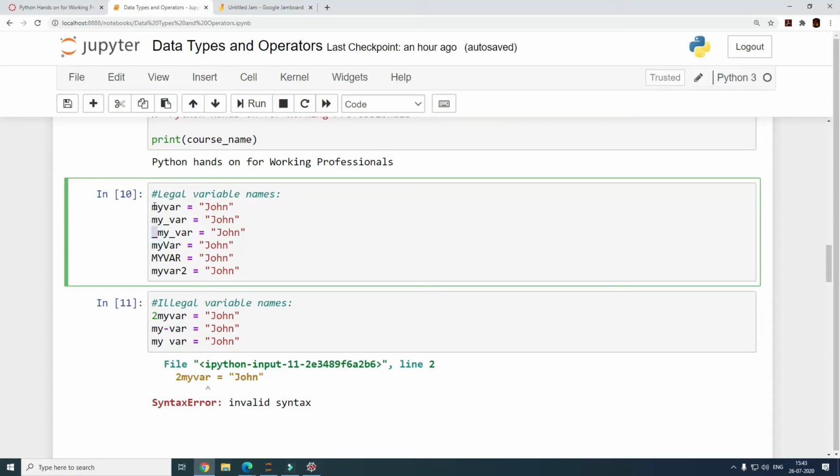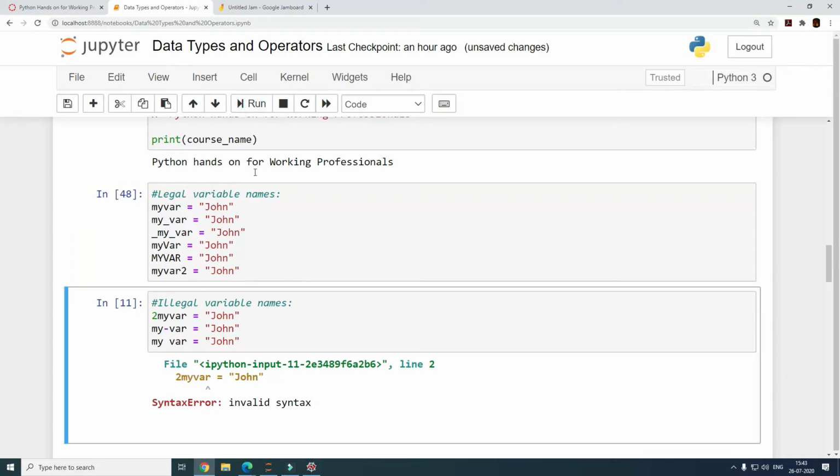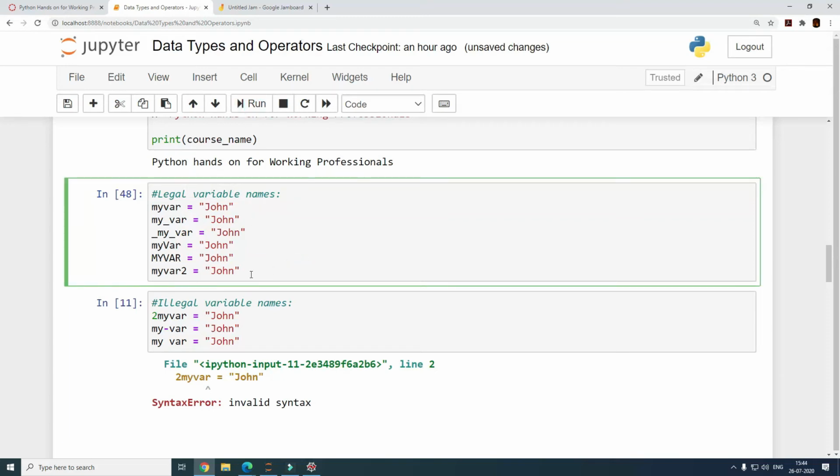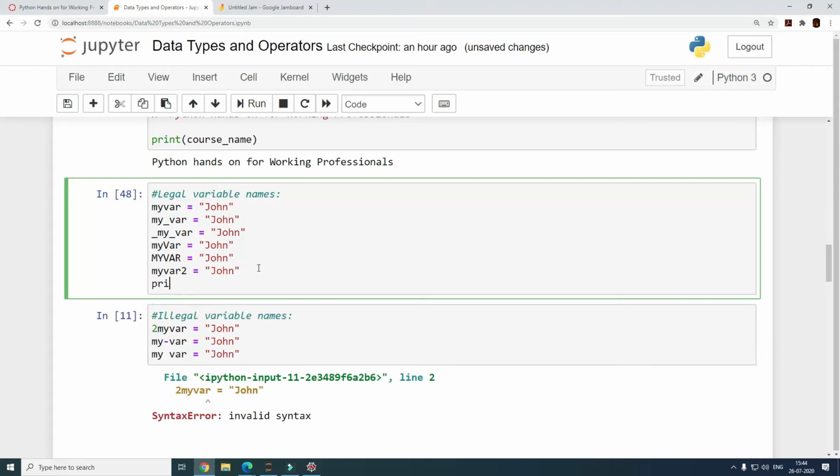All my valid variable names are either starting with a character or an underscore. We are not starting the variable names with any number or a special character. So all of these are valid. I will not print the respective values of it, but I'm just executing this line of code to show you that it did not give me any error, right? It did not give me any error. Let me print this,